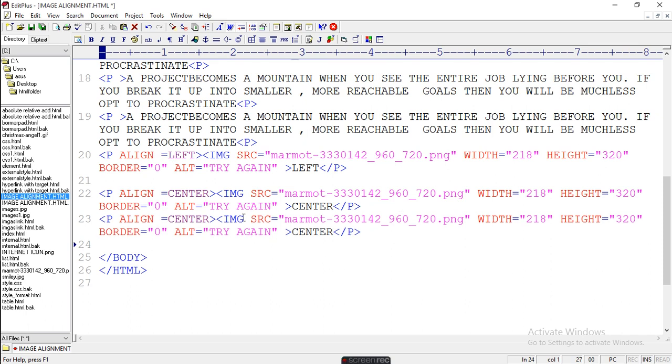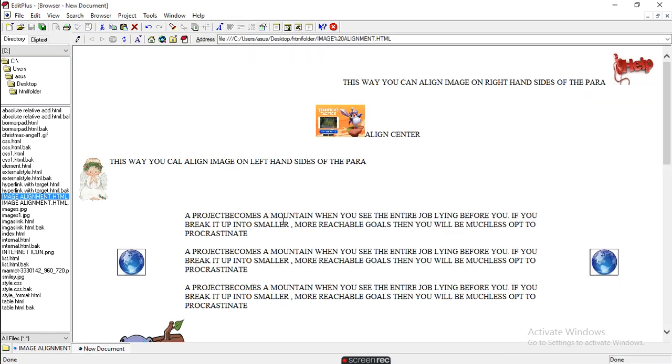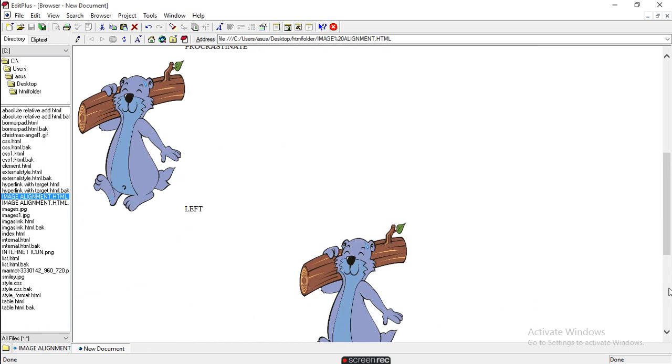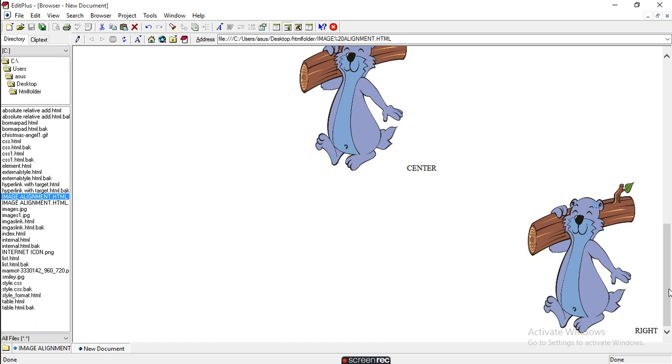Again here you have to write right, and here you write right, and Control B, and you will get picture left, center and right.